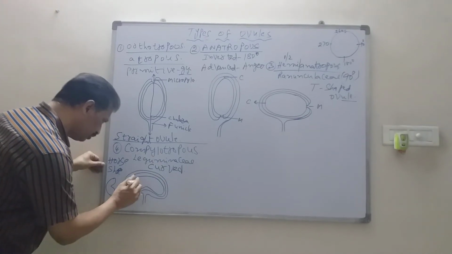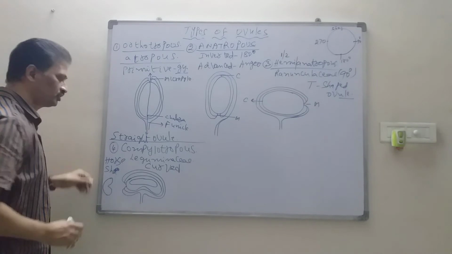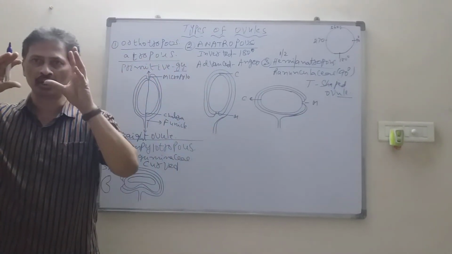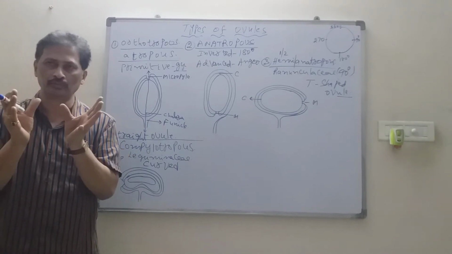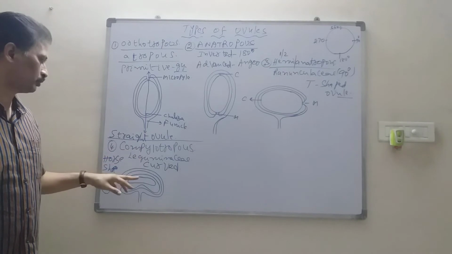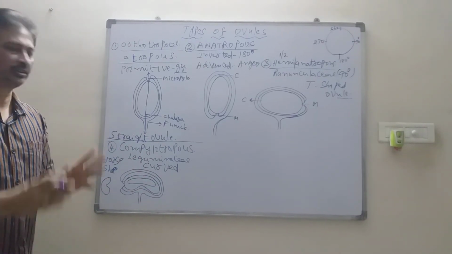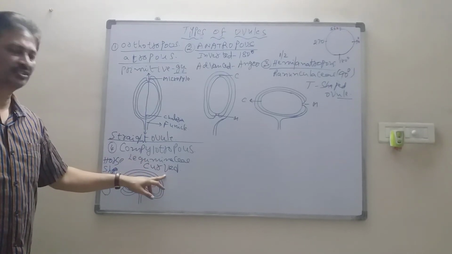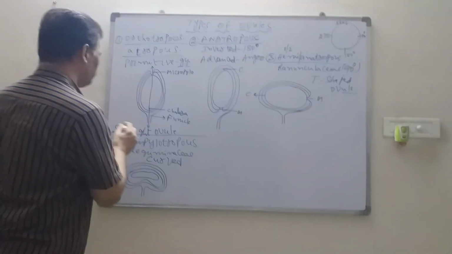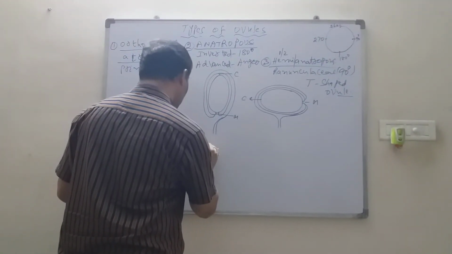But here one more point you have to remember, that even though the body of the ovule is curved, internally in the body of the ovule it consists of the embryo sac. Here this is the embryo sac, but this embryo sac is straight. That means it does not curve. Only the body of the ovule is curved, but not the embryo sac in case of Campylotropous. So here curving of the body of the ovule takes place. So it is also called the curved ovule. Curved ovule, right?